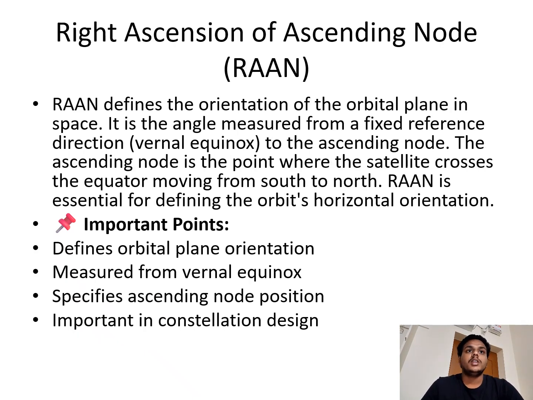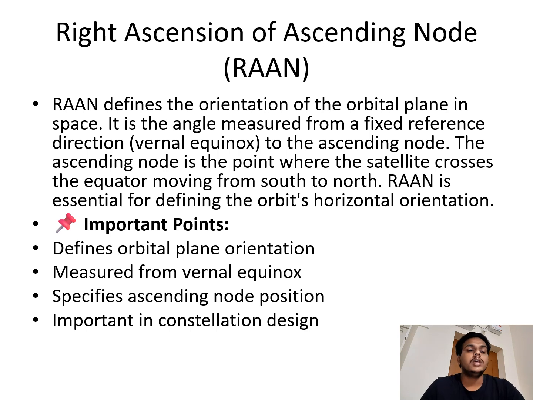Next, right ascension of ascending node. In short form, RAAN. RAAN defines the orientation of an orbital plane, measured from the direction of the vernal equinox to the ascending node. The ascending node is the point where the satellite crosses the equator, moving from south to north. RAAN is essential for defining the orbit's